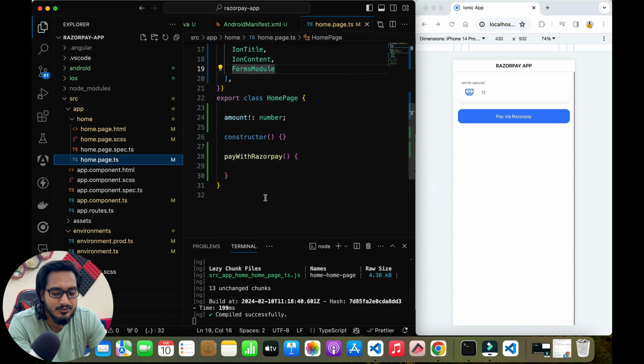Moving ahead, we have done the basic part as of now. The integration part is still left. So I will go to the service file now and work with the API part. For the first API that we are going to create for calling our create order, this is the API functionality that I'm going to have, where the param data that I will be getting from the page, home page, which I'm just going to create. And I'm going to call the HTTP post here, where I will pass the API, the environment API that we need. So I need to go to